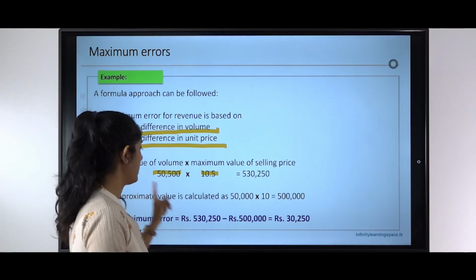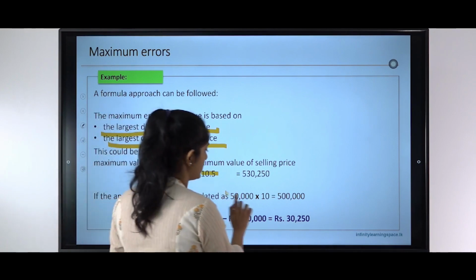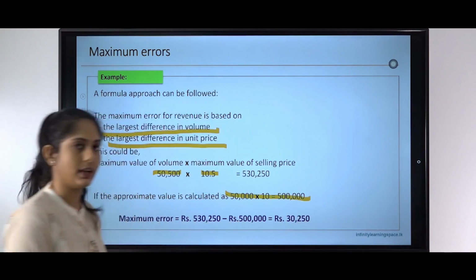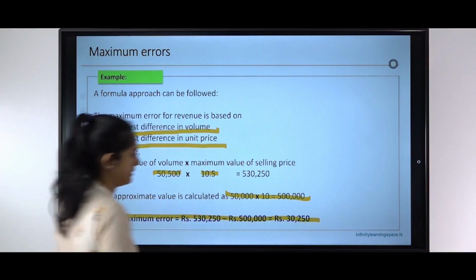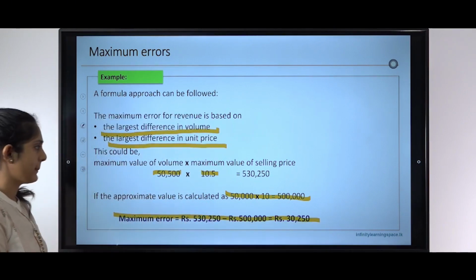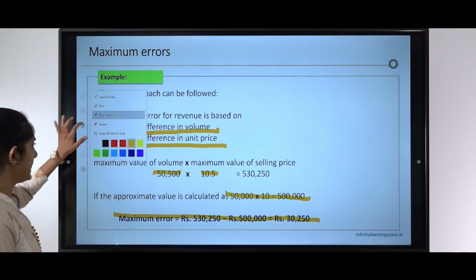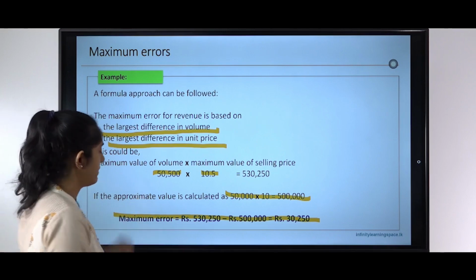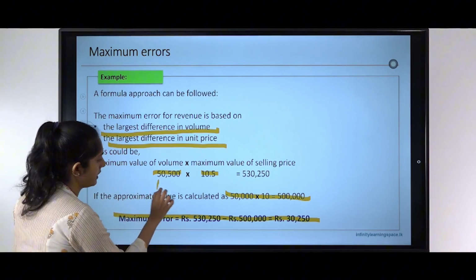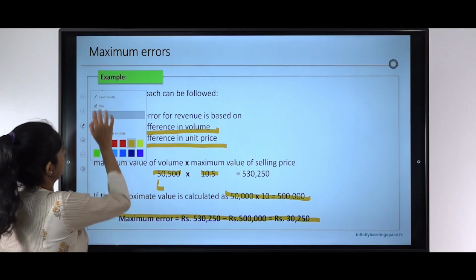So the approximate value is 50,000 into 10, 500,000. So your change is here, okay? The only basis of this is, let's say,